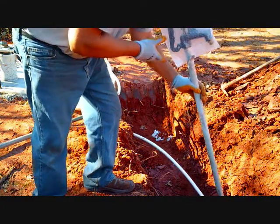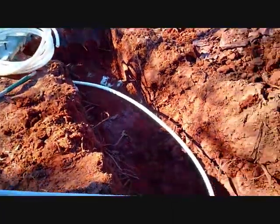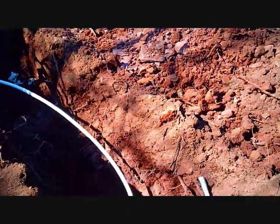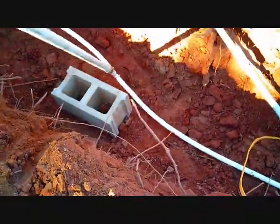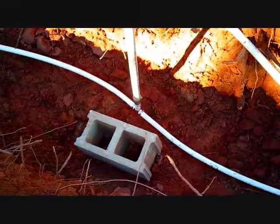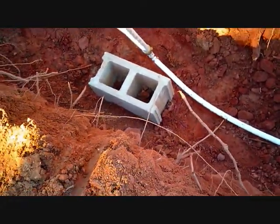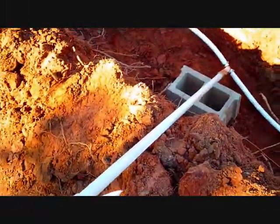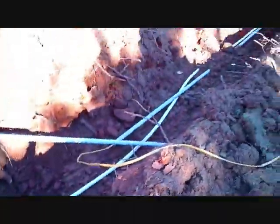I don't know if you can see it, but that's what I wanted to do right there. Got that hooked up. It'll be right at, well, it'll be 90 degree when I set it up. See, I set it up, and then I got to put some pea gravel at the bottom of this. That's why it's a non-freeze one. It's 24 inches or more below ground, and it drains the water into gravel so it doesn't freeze the pipe. So I've just got to get some of that, but I can bury all the rest of this up to this point, and this part after I get the electric conduit run. So that's what I'm going to